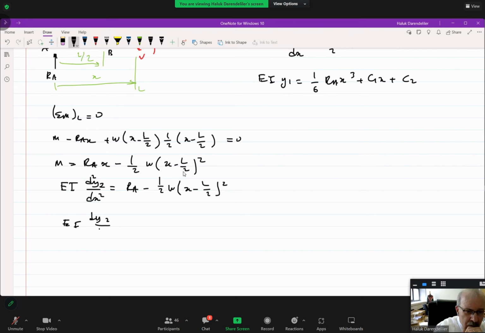Or EI dy2 over dx is equal to RA X squared over 2 minus 1 over 2 W, 1 over 6, okay, I'm integrating it, 1 over 6 W times X minus L over 2 cubed plus a constant C3. And then EI dy2, directly we are integrating it, EI y2, this is the equation of the curve, 1 over